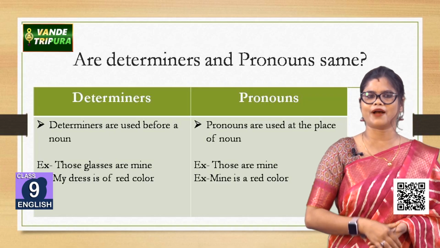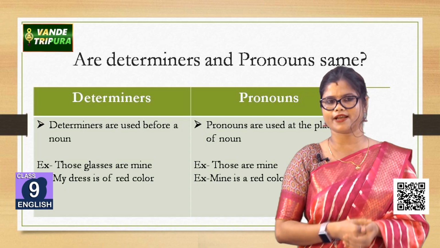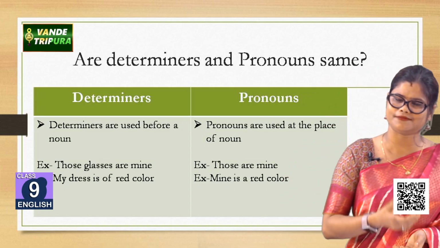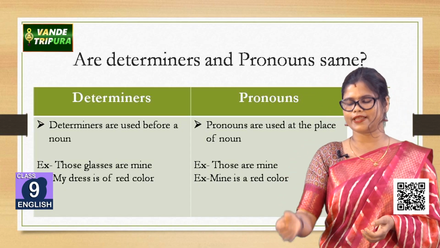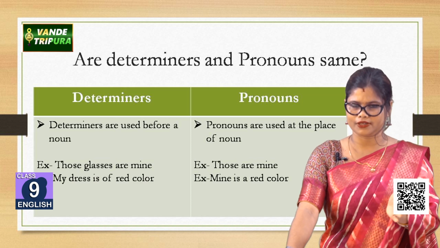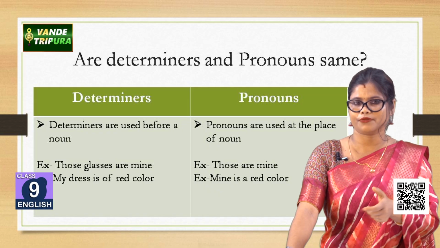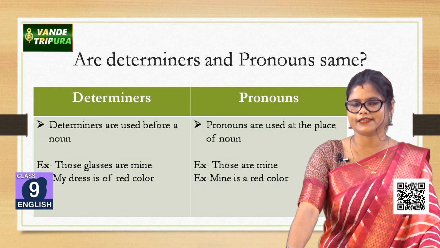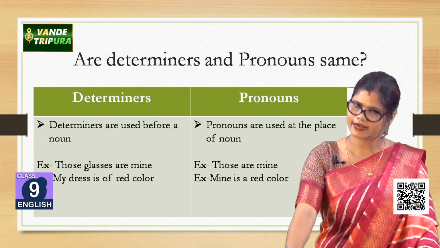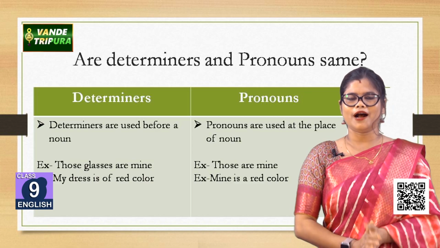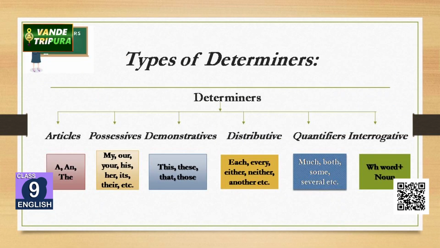Okay, similarly my dress is of red color. এখানে ড্রেসটা কি আছে? Noun. Noun-এর আগে কি আছে? My আছে, my is a possessive determiner. পরেরটাতে কিন্তু নেই noun, আফটার দ্য ডিটারমিনার আমি বলবো না। এখানে সাবজেক্টের পরে কি আছে, সেখানে কিন্তু আমরা অ্যাবসেন্স অফ নাউন দেখছি, তাহলে এটাকে কি বলবো? এটা হচ্ছে প্রোনাউন, ঠিক আছে।